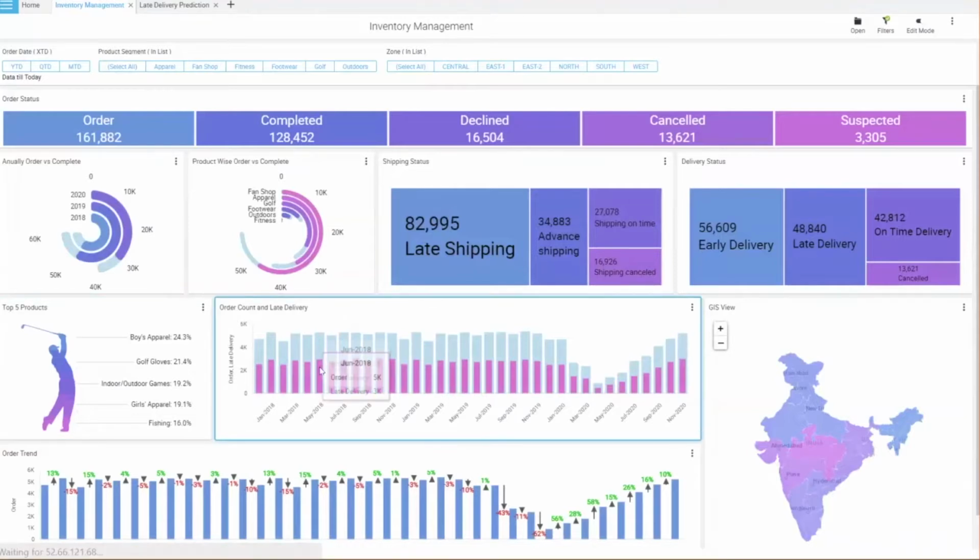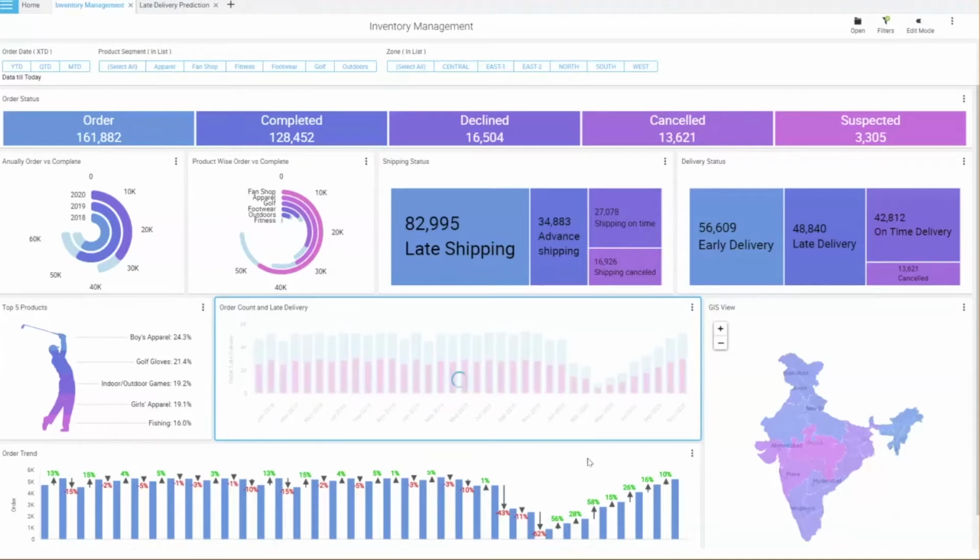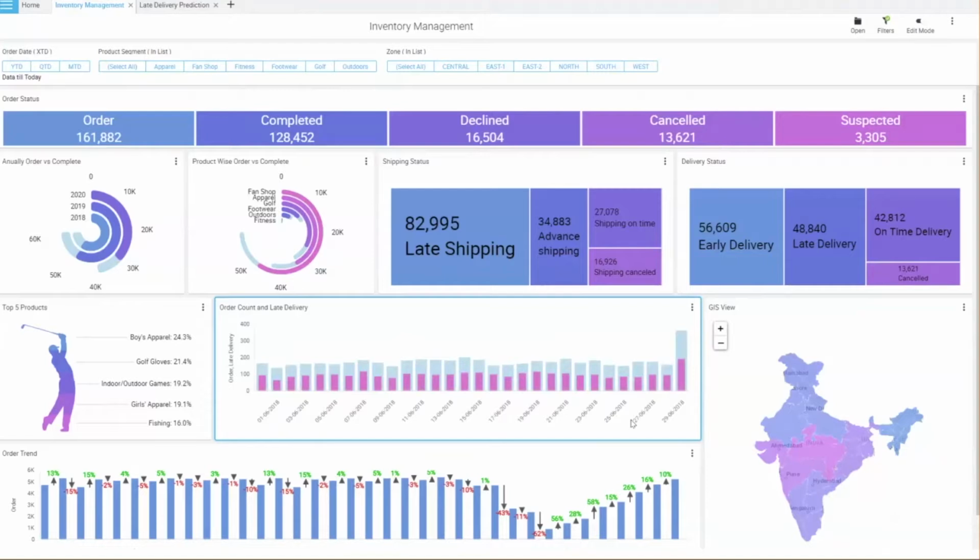When I hover my mouse over any of these bars, not only can hierarchical analysis be done on the product categories, or any of those periodical things, you can go to the day level as well. Now I can see here in the month of June 2018, orders of 5,000, and 3,000 late deliveries fell into late delivery. Now I can see on a day level as well. At that granular level, you can see for this particular date, I had 150 orders and late deliveries were 85. This is all historical data which is pre-aggregated.